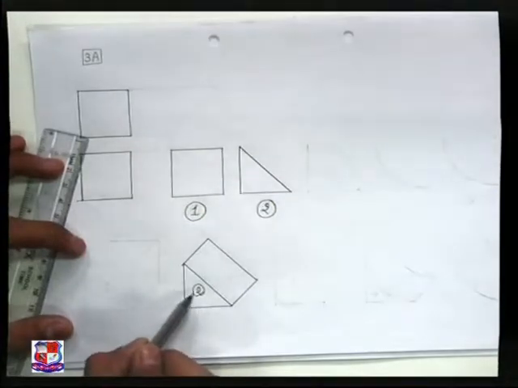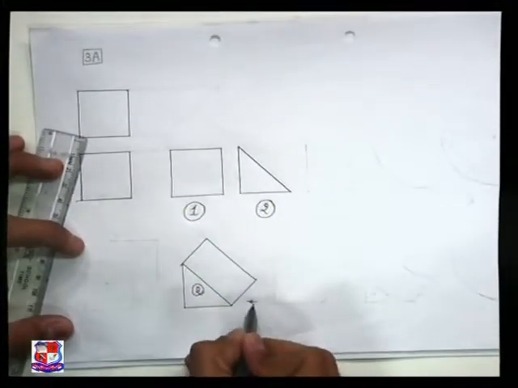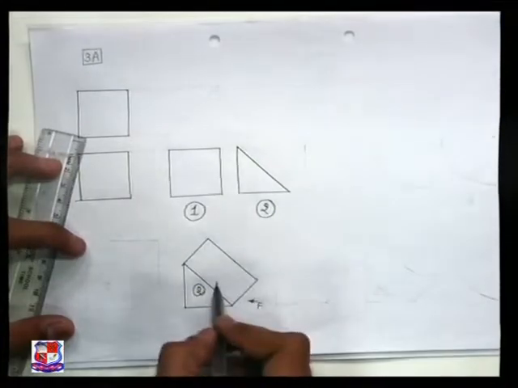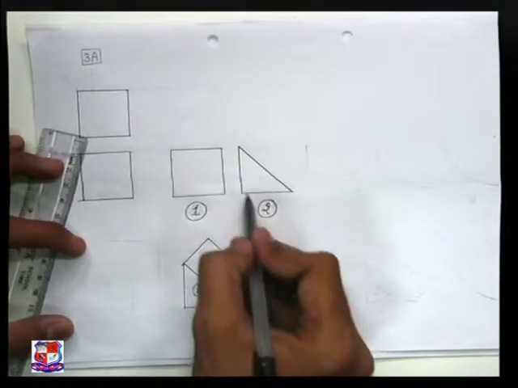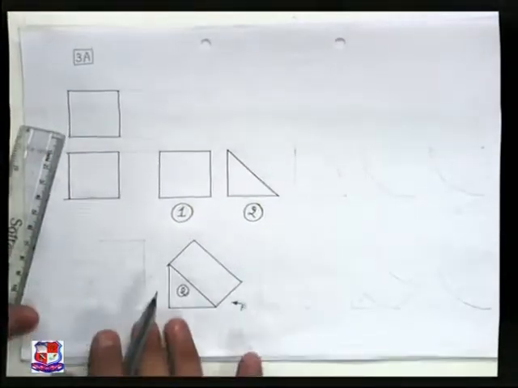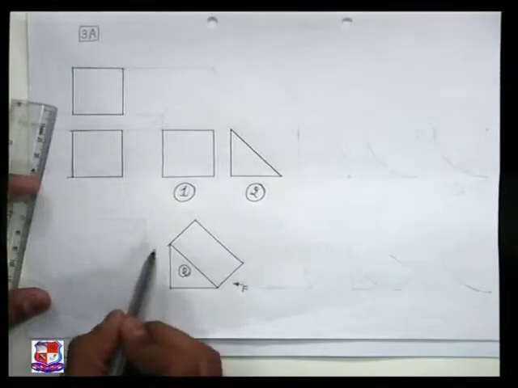If you look from the front side, it would appear from top and front. So this is the front view. If you look from front, it is a square. If you look from top, it's a square. And if you look from side, it appears as a right angle triangle. Now from this solid, we should imagine further options.